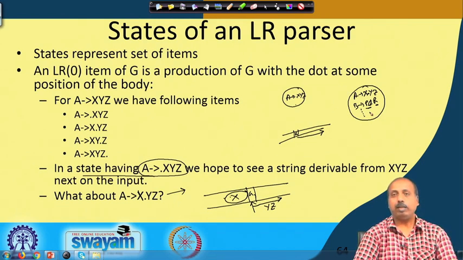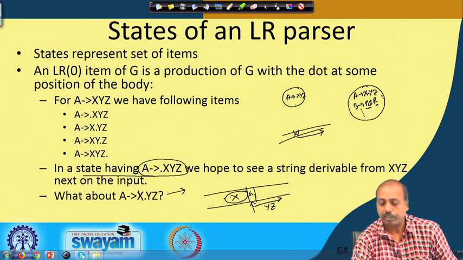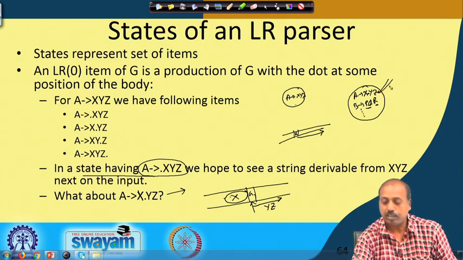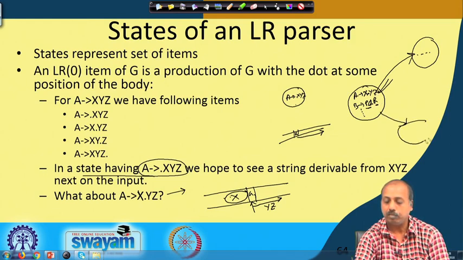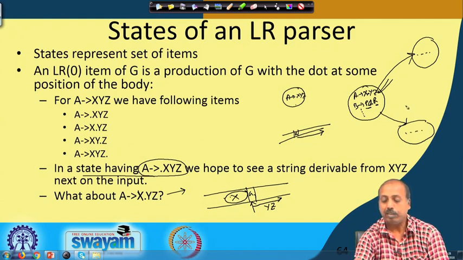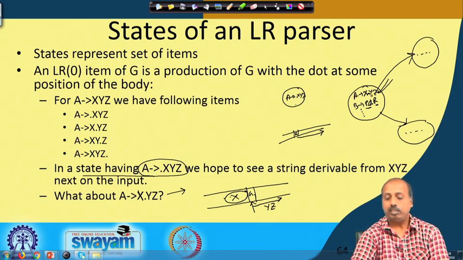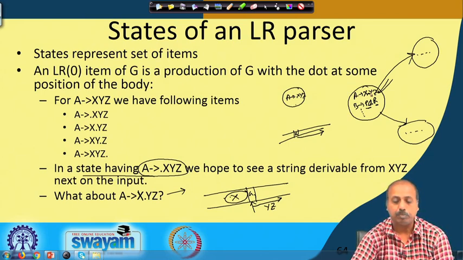Based on that we have to take a decision at this point. If the next input is such that this one survives, so x producing y z survives, we will go to another state where it will advance the input and expect some string that way. On the other hand, if the next input is such that this alternative survives, it will come to a state where it does this instead. If the parser cannot take any decision, then of course there will be an error. So shift reduce conflict or reduce reduce conflict can occur. We will see that as we proceed through these